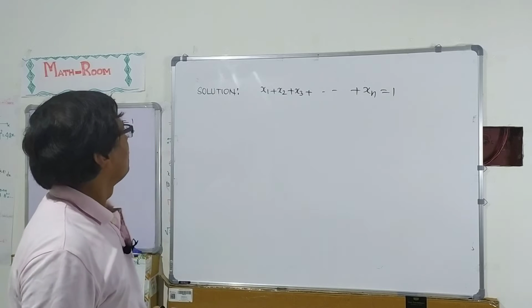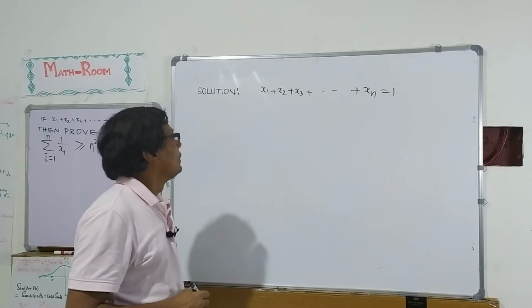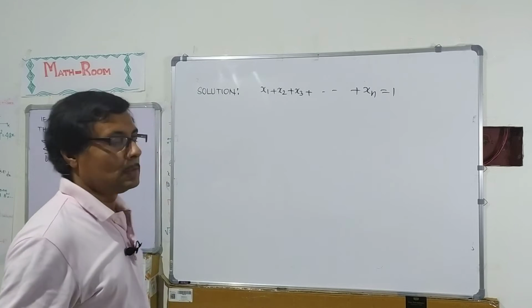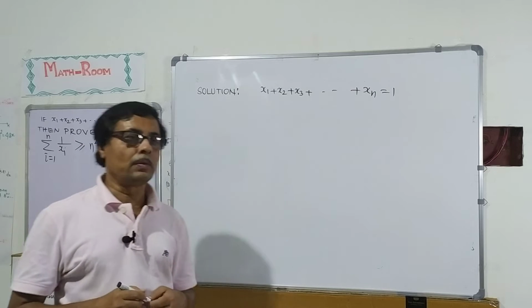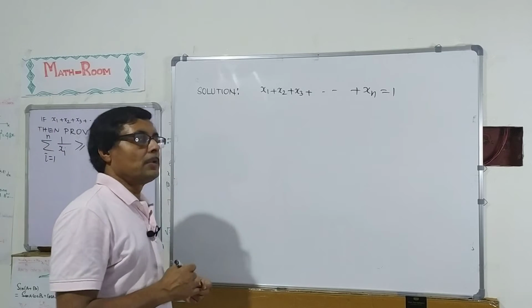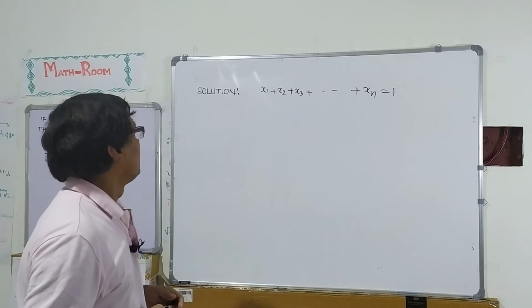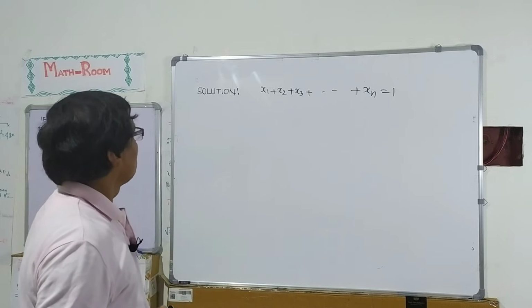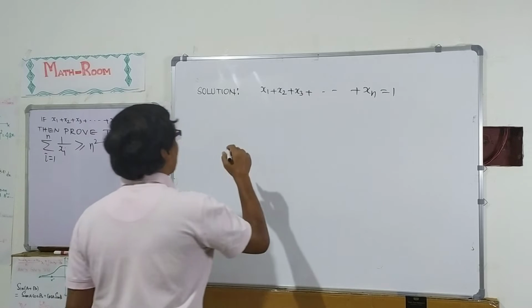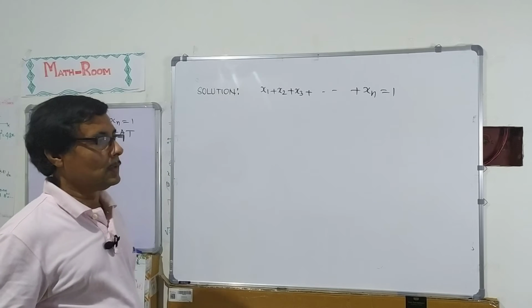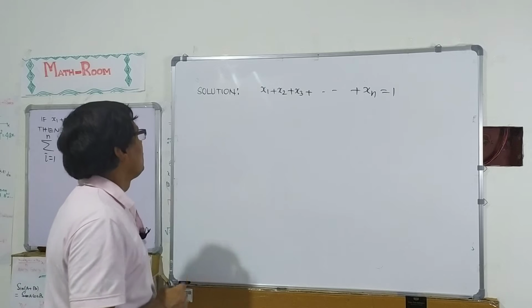We can solve this by using a well known inequality, that is, arithmetic mean greater than or equal to geometric mean greater than or equal to harmonic mean. We can use this inequality to solve this problem. This well known inequality is